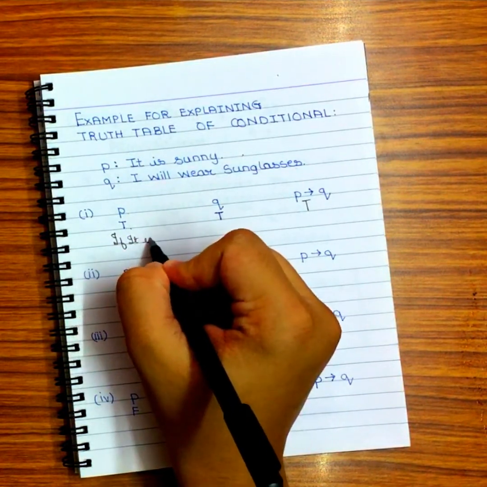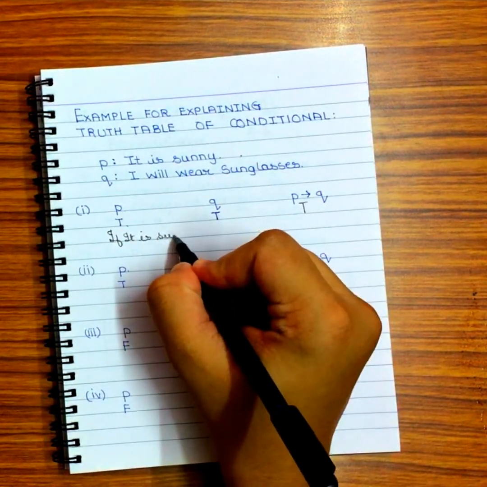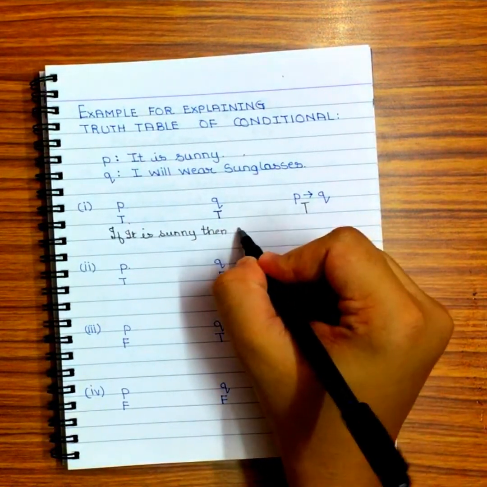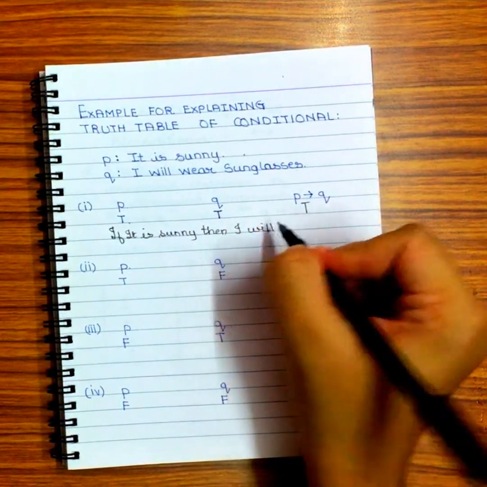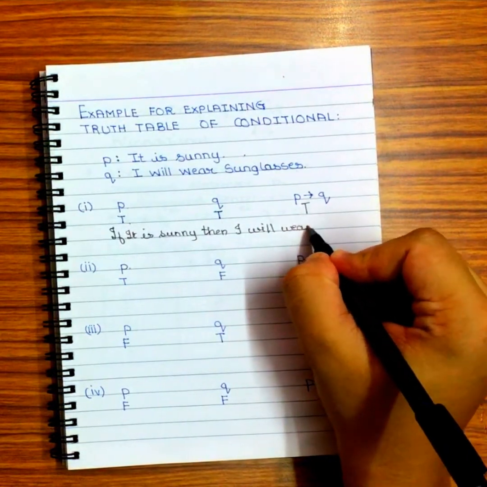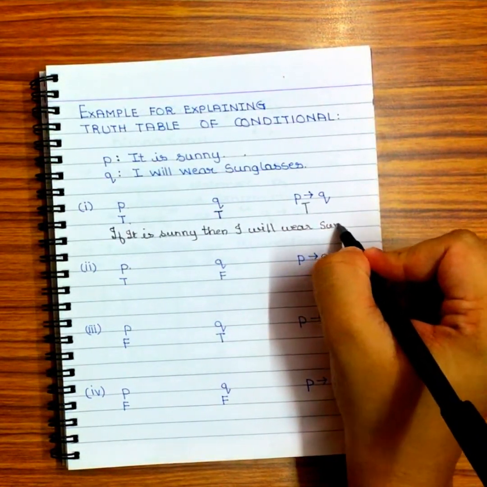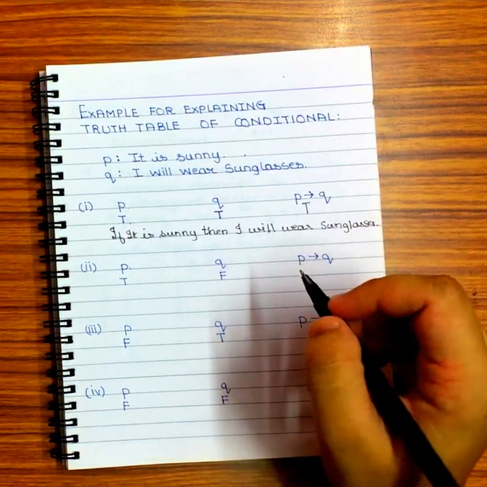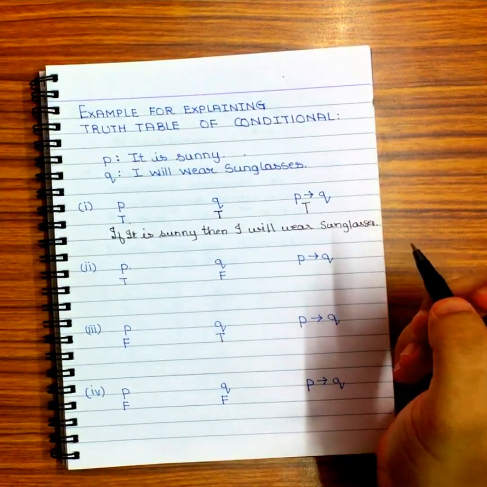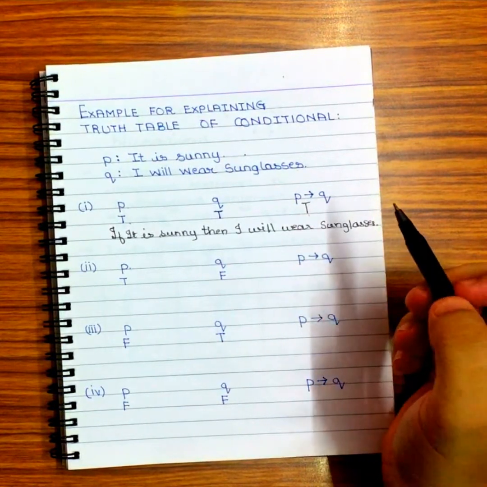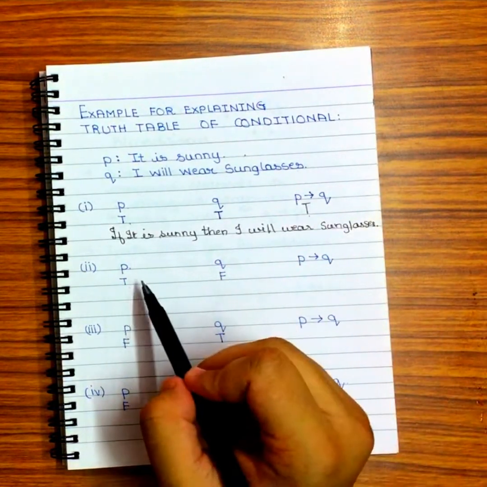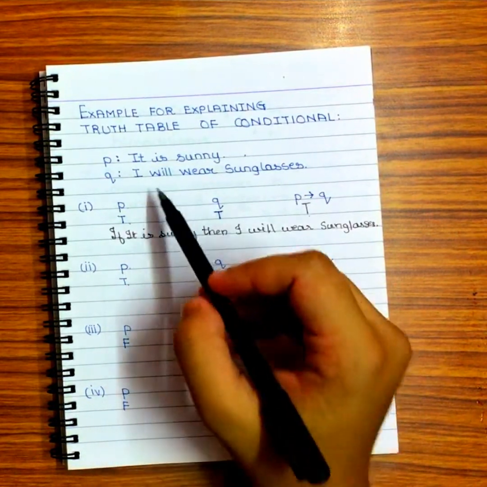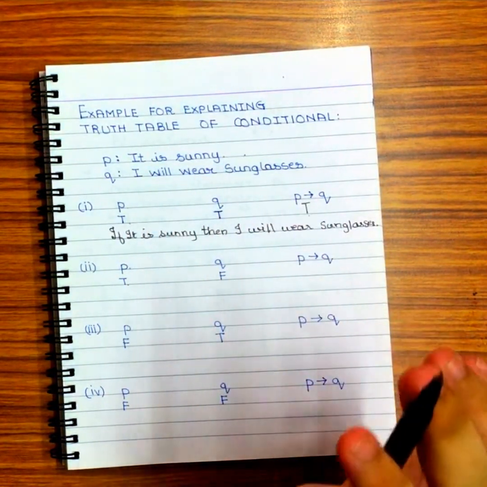So I will write the answer: if it is sunny then I will wear sunglasses. ओके, ये समझ में आ गया, ईजी था. मेरा जो मेन ऑब्जेक्टिव था वो मैंने अचीव कर लिया. सो दैट इज़ वाई द स्टेटमेंट इज ट्रू. Coming on to the second part, the hypothesis is true. It is sunny, मतलब it is sunny, correct.